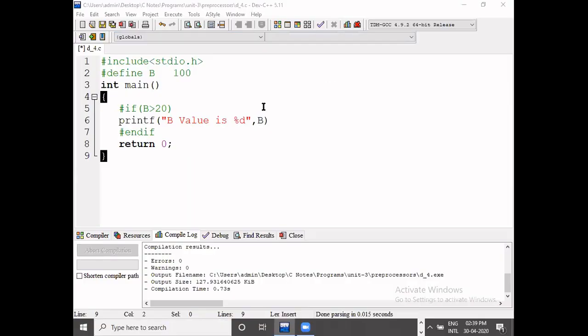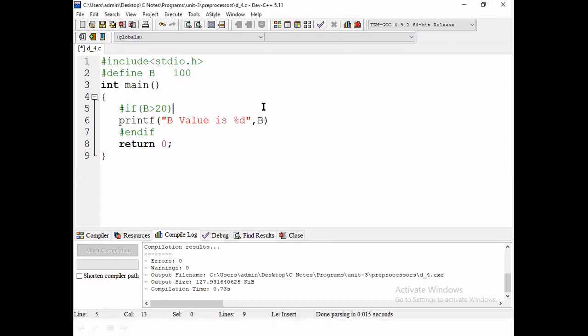Now we are going to one more last part: verifying the definition with a condition. #define B 100. Now we are verifying the condition B greater than 20. If it is true, then we can execute not only a single statement but more statements. According to this instruction it is true, because B is defined as 100.